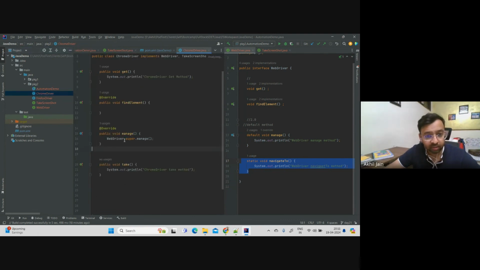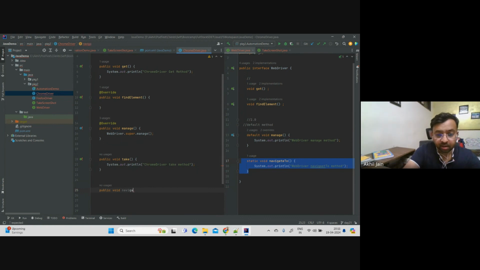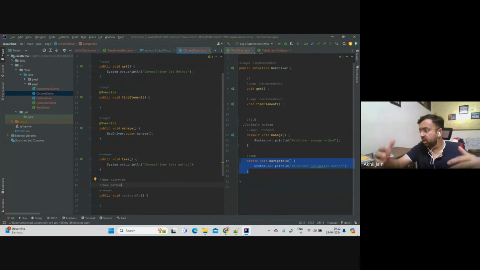Let me go there in the Chrome driver, and let me create a method. Public void navigate to, right? Let me tell you, this is not an override version, because this method is not even applicable. This class here does not see this method, and it does not have a responsibility to provide the implementation of it. You can consider it like a new method, which did not exist earlier. So if I do public void navigate to, I can write here my own thing, whatever I want to do, or what I can do